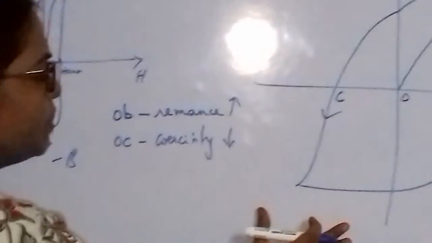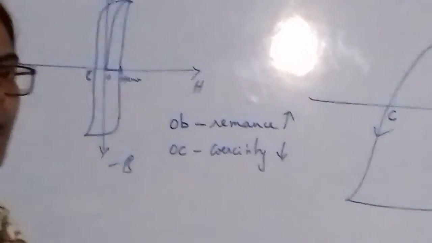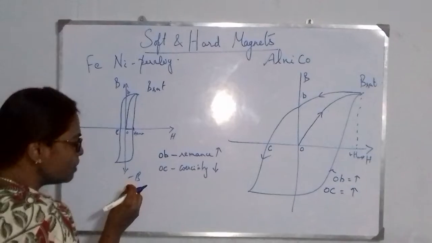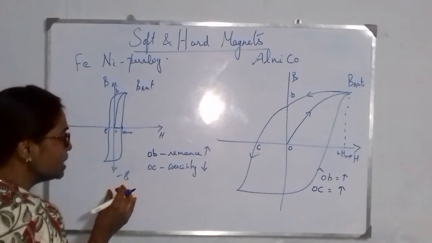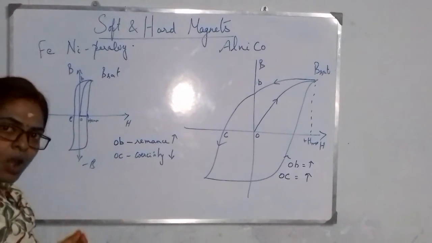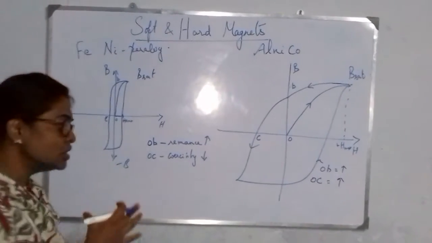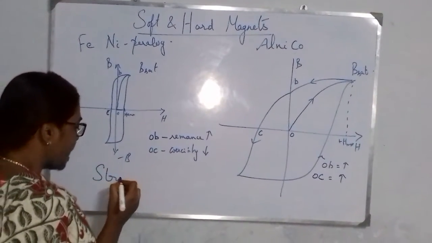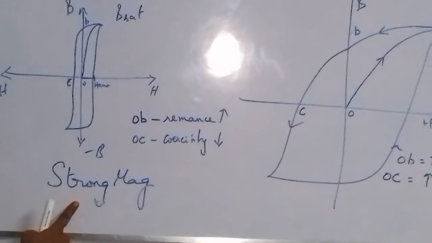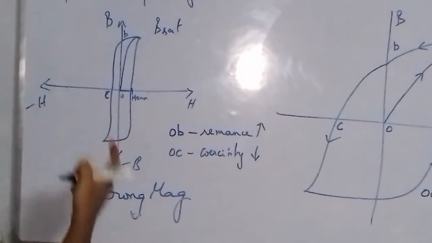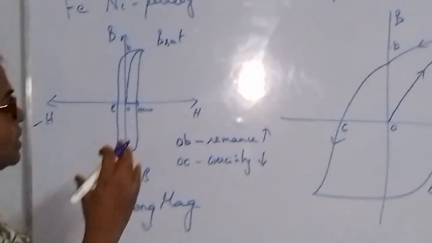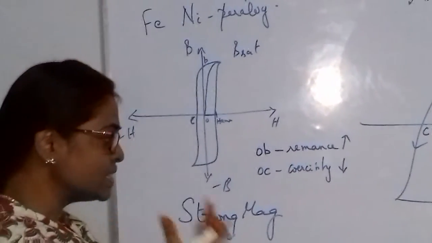So which has more applications? Both the materials have many applications, because for some purposes we need a small magnetic field. With the help of a small applied field, the magnetization is very high. So we spend small energy to make strong magnets. So this is used for strong magnets. But this strong magnetization is removed by a stray field. Somewhere else, if stray fields are present, the remanence is destroyed. All the magnetization is destroyed.